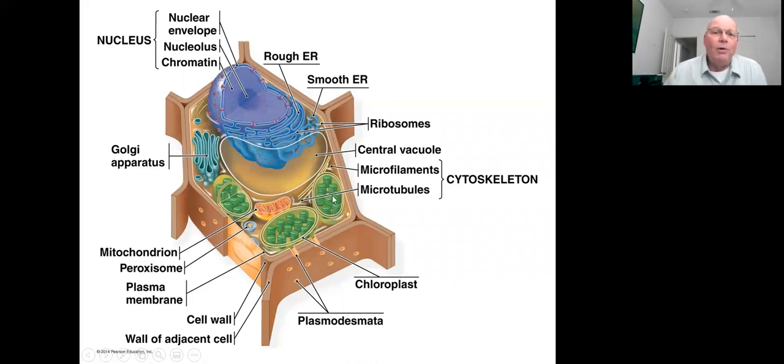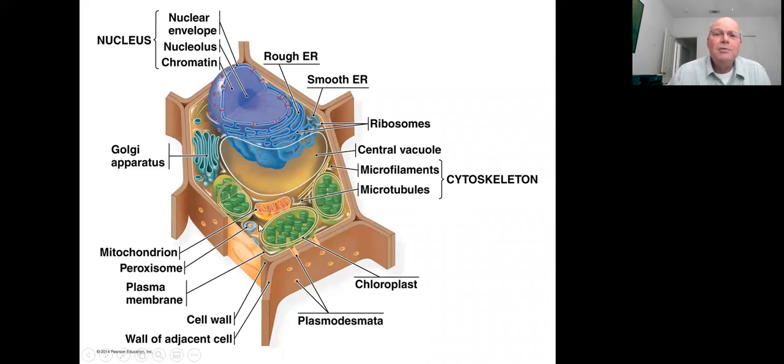You're also going to find some features that are reminiscent of the animal cell, because they are in common. So you are going to find a plasma membrane, cytoplasm, a nucleus, rough and smooth endoplasmic reticulum, ribosomes, and a cytoskeleton with microfilaments and microtubules. Notice no mention of intermediate filaments, because we're not entirely sure that they are uniformly part of plant cells. You do find peroxisomes, there are transport vesicles,